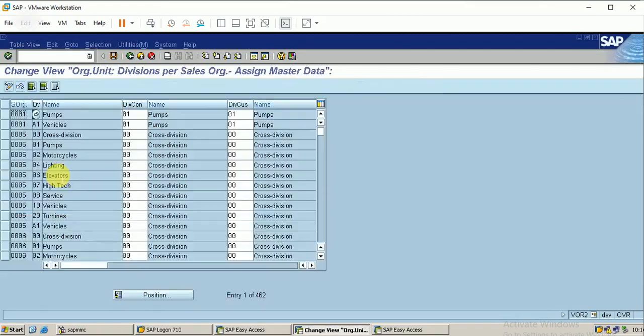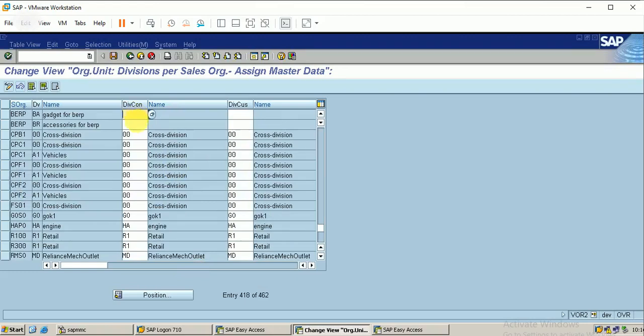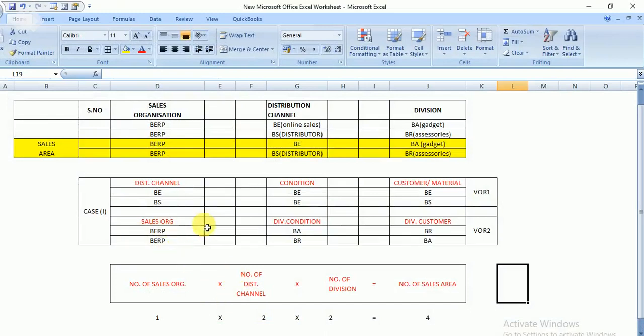Then go into Define Common Divisions. Here also I can search for my sales org, or this data will be blank. Now I have entered into the VOR2 T-code and entered the sales org.